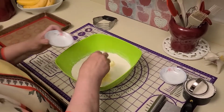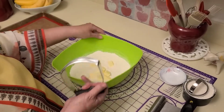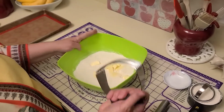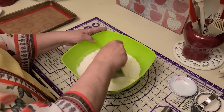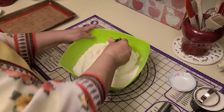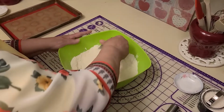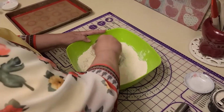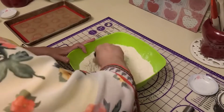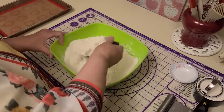now put in our butter, not shortening. And I've got a pastry blender. You can use 2 knives or your fingertips, but my fingertips are a little bit warm, so I'm going to start by cutting in the butter with the pastry cutter. And we want to continue to cut this butter into our flour and our leavening,